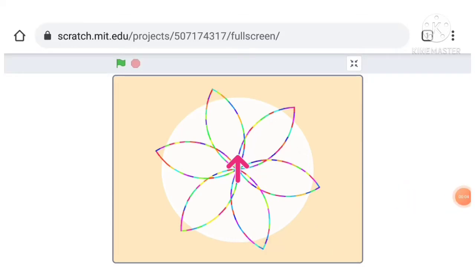So friends, today we are going to make something different and so interesting on Scratch. The name of this animation is Flower Petals Animation on Scratch. First, let's see the demo of this project, and this animation is so pretty.